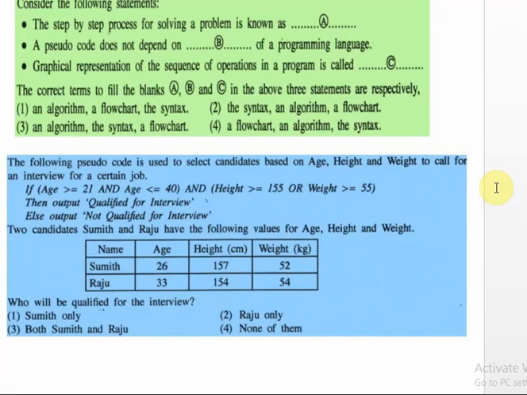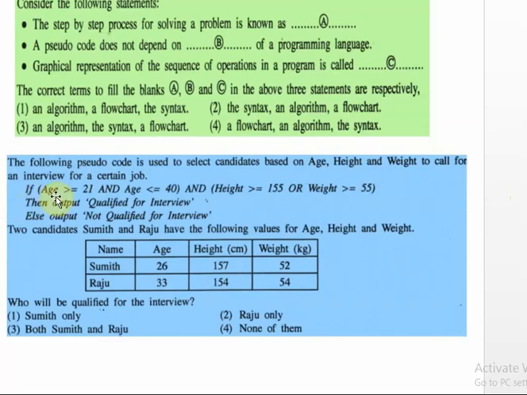But in the OR condition, first condition or second condition, if either one is true, we can take it as true. Right? That we need to understand clearly. And in AND, the first condition and the second, both should satisfy. In the OR condition, if one is satisfied, we can consider it as true. Now see here,